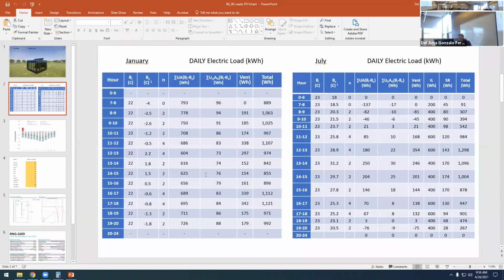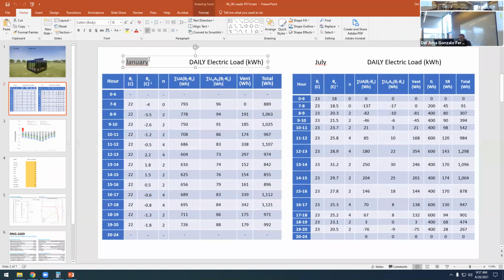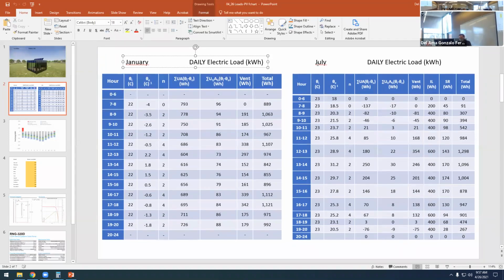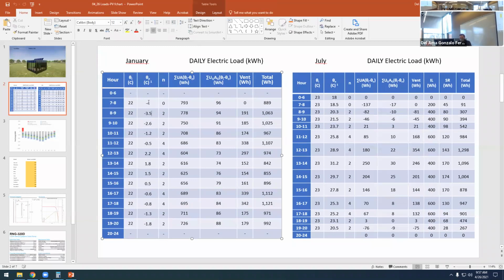First, we have to analyze the loads, and this is something that you should be able to do, okay? Because we have done this, at least in systems. You remember that in systems, we prepare the schedule with an Excel file, and with that schedule, we can do it on a monthly basis or whatever. I have done here 2 examples in January and July. So we know we have indoor temperature, outdoor temperature, the number of people, and then we have the